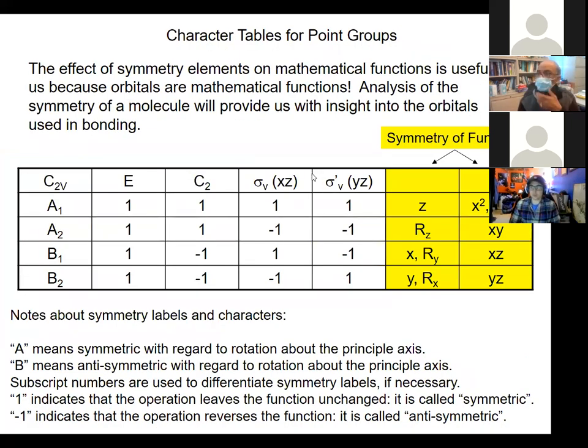So the next one is, in addition to these character numbers, we also have what we call symmetry functions. A z, x squared, y squared, z squared. We'll get into all these definitions very quickly. R means rotation. When they say R sub z, it is telling you the rotation along the z-axis. Similarly, if you have 2 of them, x, y together, that is the xy plane. Similarly, y, z, zx. In addition, we also have x, y, and z separately. Okay? So these are all, again, one way to look at them is, if I'm talking about z here, you